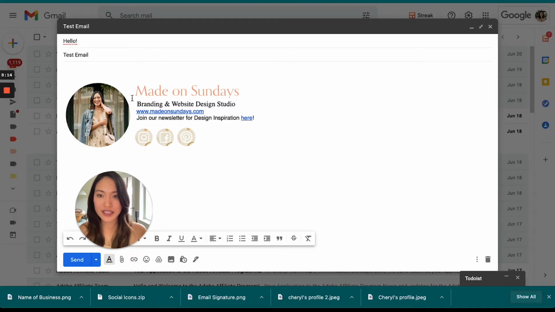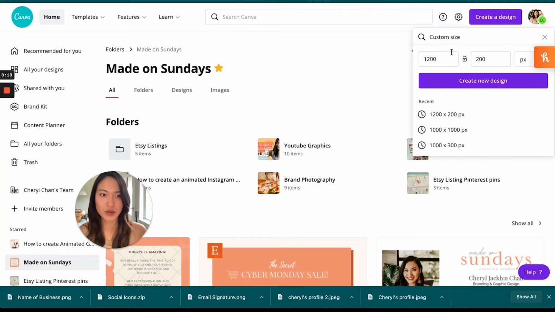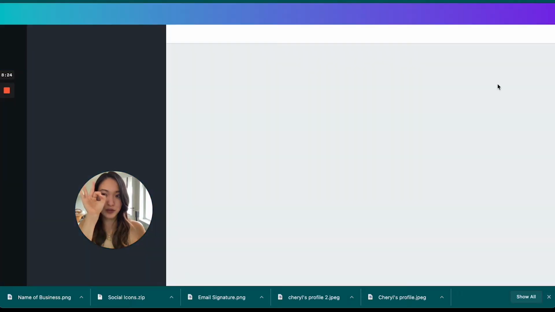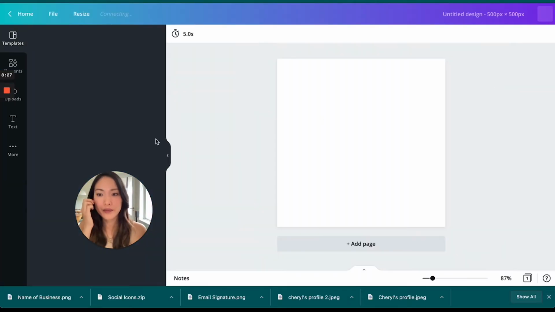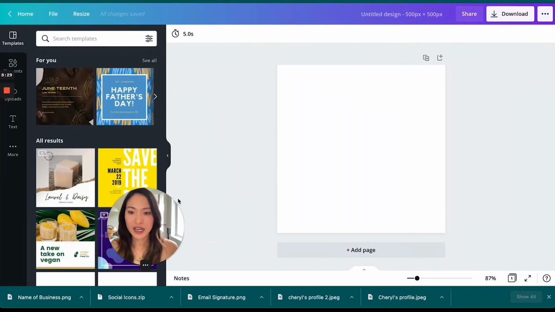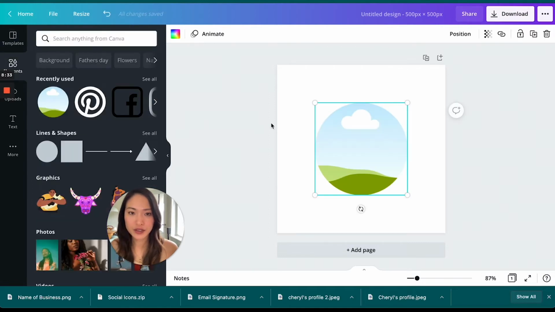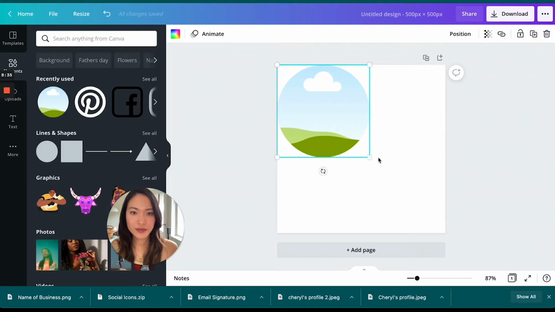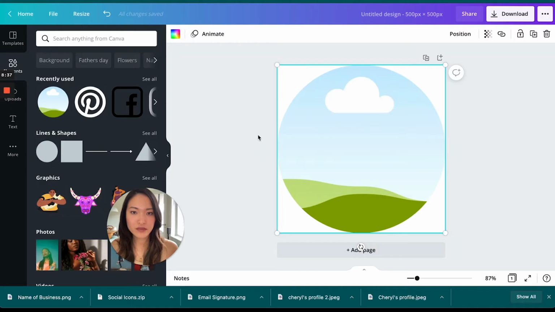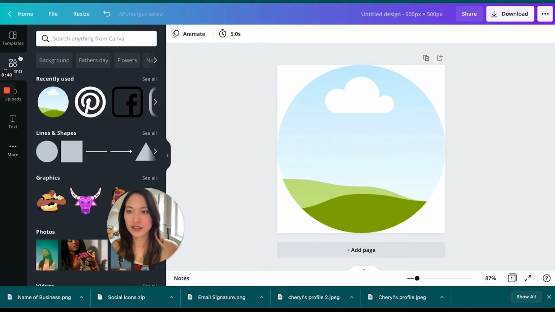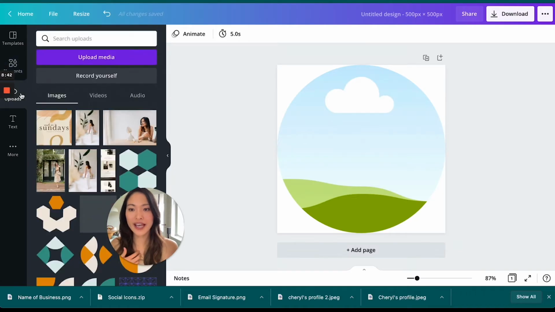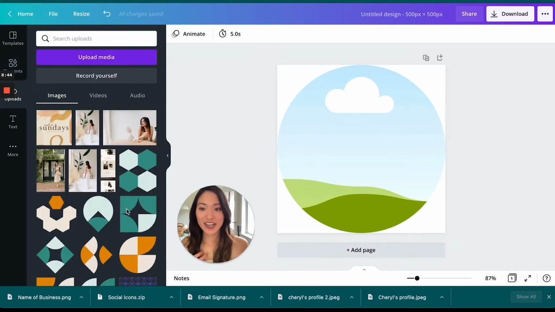Last but not least is the Instagram, the social icons. So I'm gonna go back to here. And for the social icons, I use 500 pixel by 500 pixel. They're like super small icons, so that should be big enough. Again, I use the circular frame. Just make that, just hit the size of the frame, and you can get creative here with however you like to do those icons,